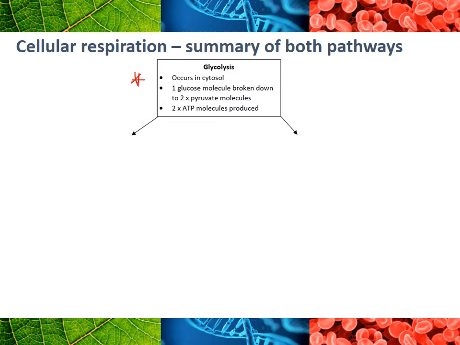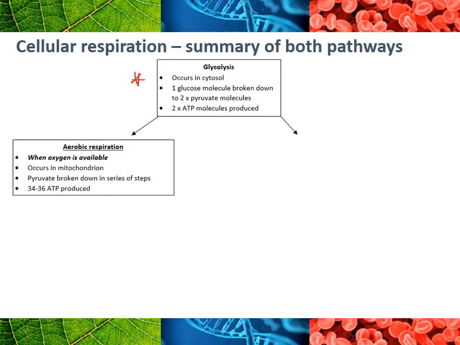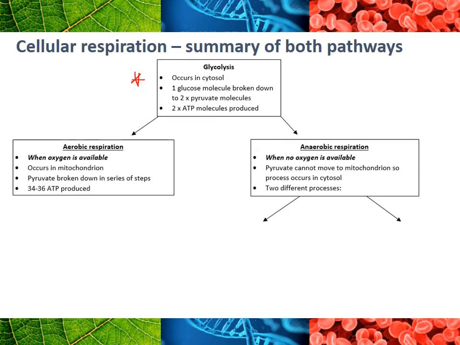If oxygen is available, we go through to aerobic respiration. And that will happen in the mitochondria. When we get to this step, we'll have a little bit more of a look at the structure of mitochondria because it is important. But we go through glycolysis, and then if there is oxygen, aerobic respiration happens. If there is no oxygen, anaerobic respiration will happen. Again, we'll look at these steps in more detail, but we also added into our diagram there the 2 types of